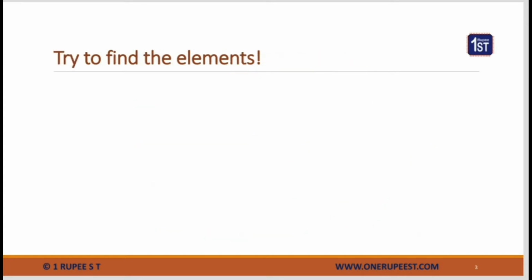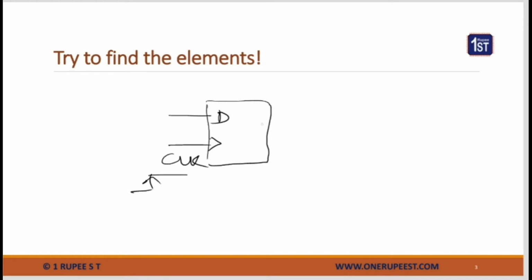So now let us try to understand how we can think about this design, and effectively this will be useful whenever we try to design finite state machines. So what I will do is use a D flip-flop. This is rising edge triggered. This is the output. This is Q bar. This is the data input.